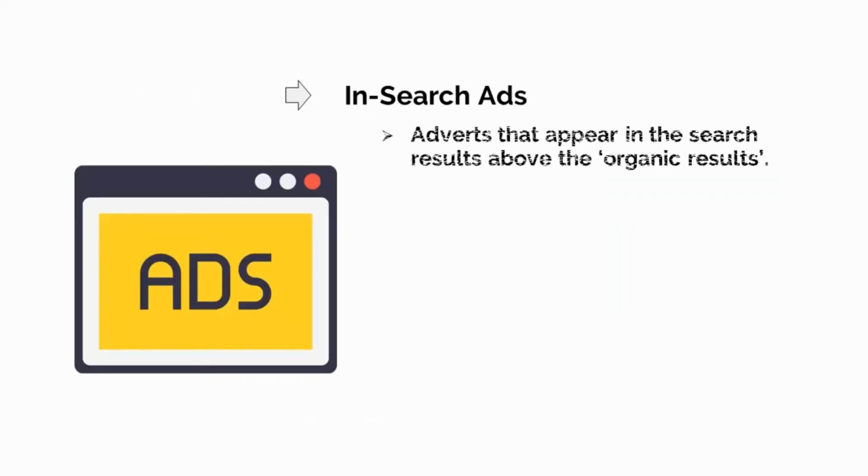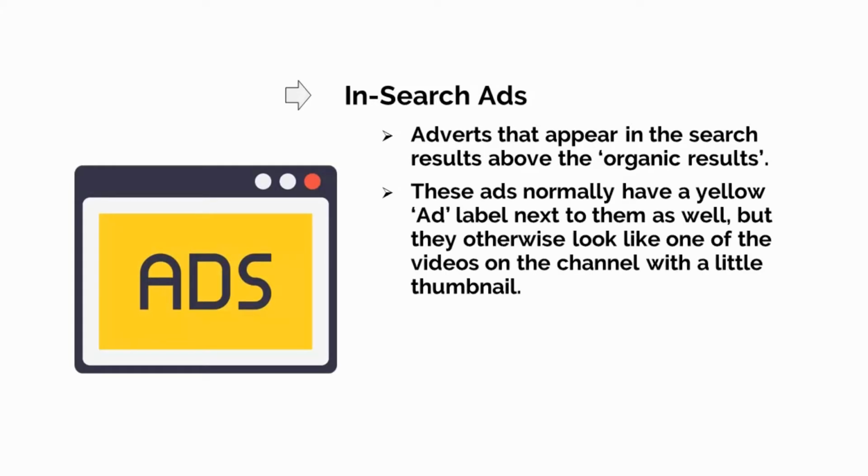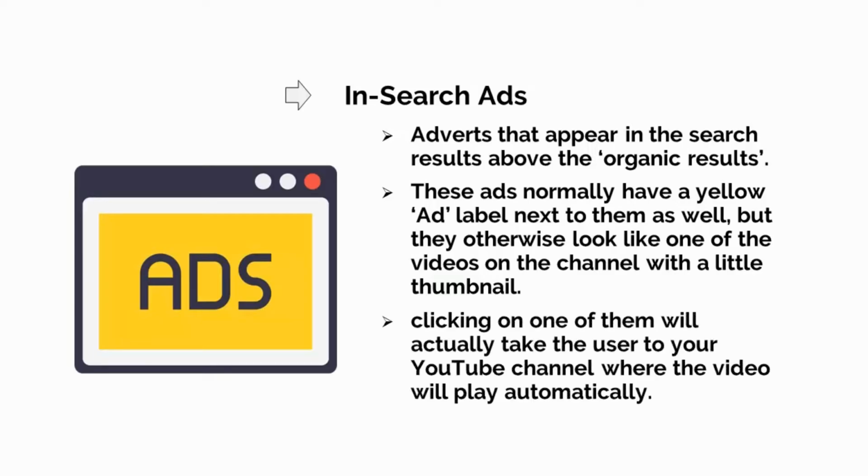In-search ads, meanwhile, are adverts that appear in the search results above the organic results. These ads normally have a little ad label next to them as well, but otherwise they look like one of the videos on the channel with a little thumbnail. In-search ads behave a little differently from other videos on YouTube and from other adverts. This is because clicking on one of them will actually take the user to your YouTube channel where the video